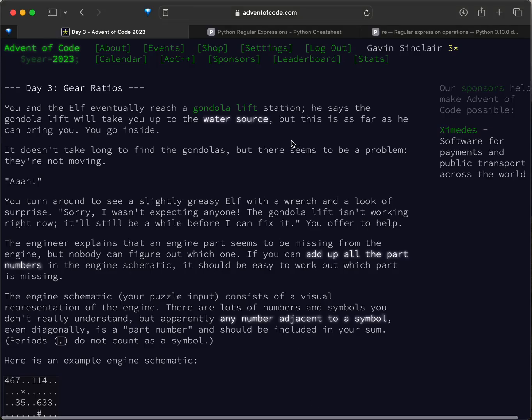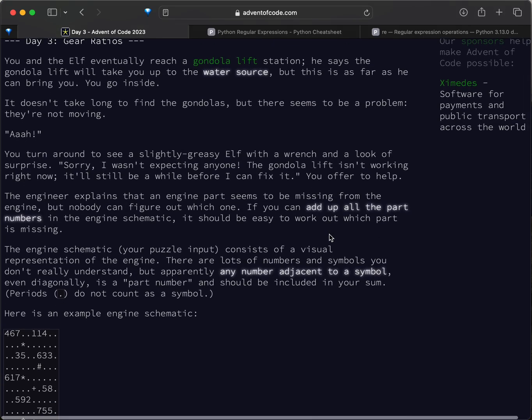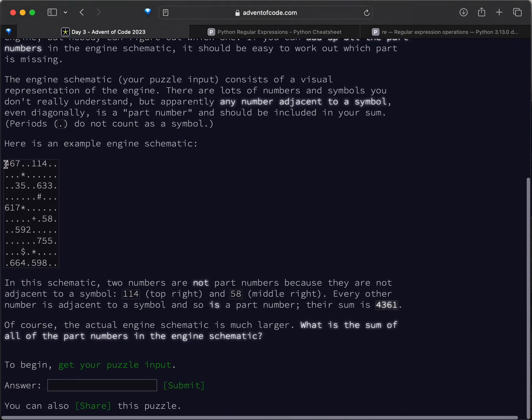And here we go with day 3 of Advent of Code 2023. The problem's called Gear Ratios. Quite a challenging day 3, I think. And once again, I'm not going to read the problem. Here is a sample